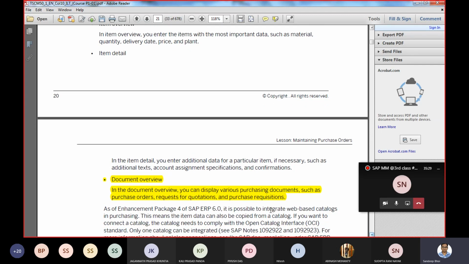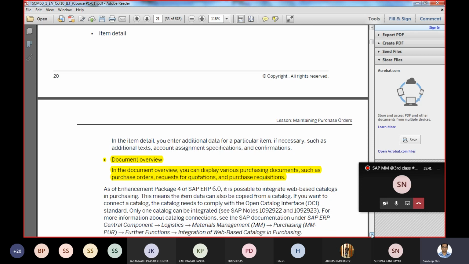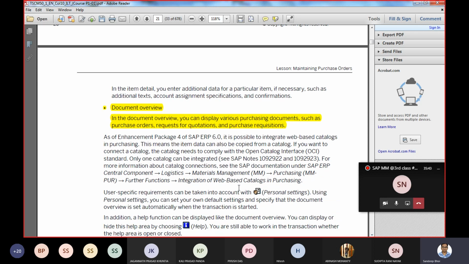Okay, and in the document overview, we can get to know the previous purchase order history, purchase quotation, sorry, request for quotation, and purchase requisitions. All that information you will get in the document overview. Okay, and the path to get this purchase order is that you can go for